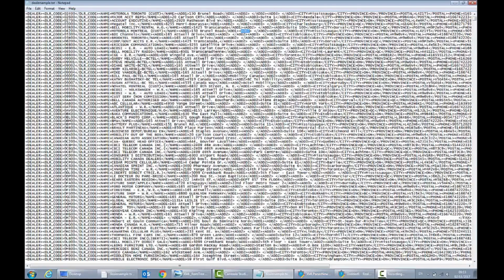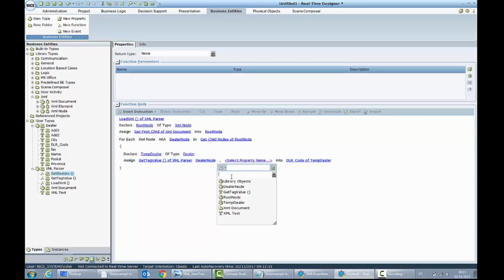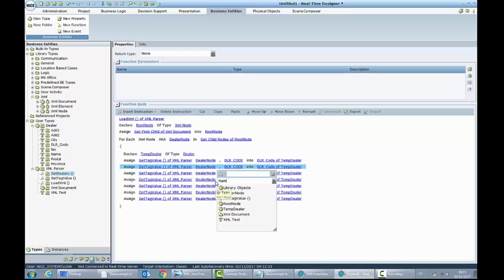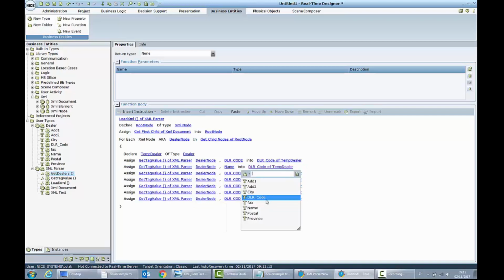If I'm not sure, I can go here and just copy from this place. So my function will search inside of the dealer node for a node named dealer code. It will bring me the value of it, and the value will be assigned to the dealer code of temp dealer. So very quickly, I will do it for all the properties of my dealer. I will paste all the properties, and I will bring also the name, and I will put it, of course, inside of the name,